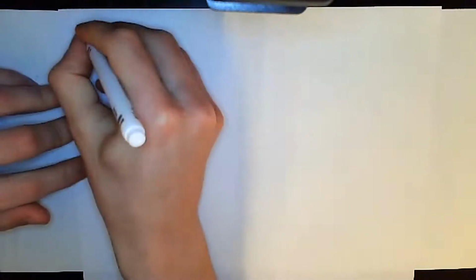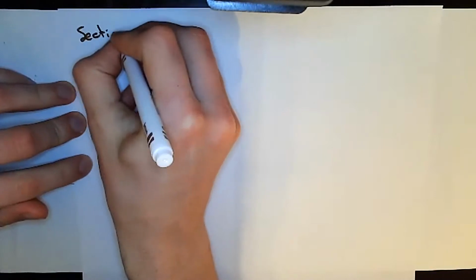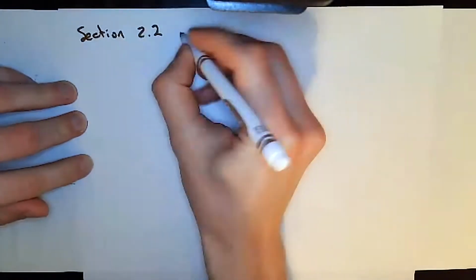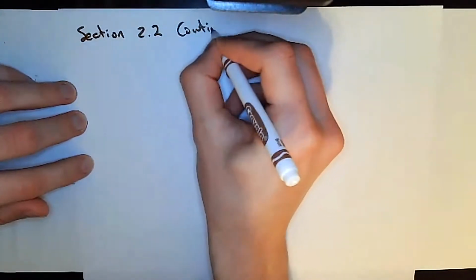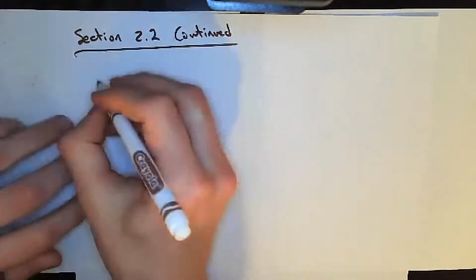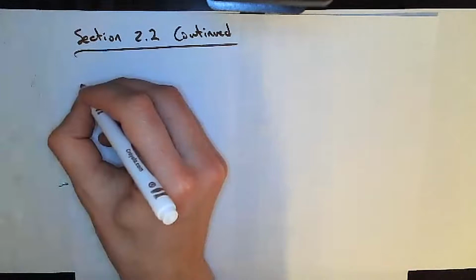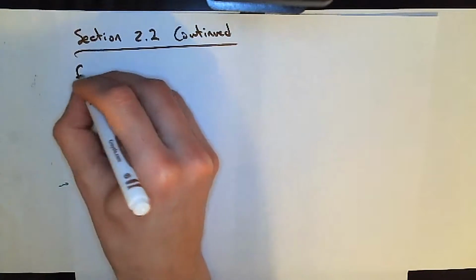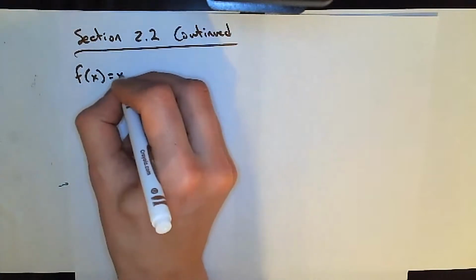Okay, so let's finish the discussion of section 2.2. So this is section 2.2 continued, still talking about graphs of functions. And we had a few more things to discuss here. Just to recap real quick, we had power functions, functions of the form f of x equals x to the